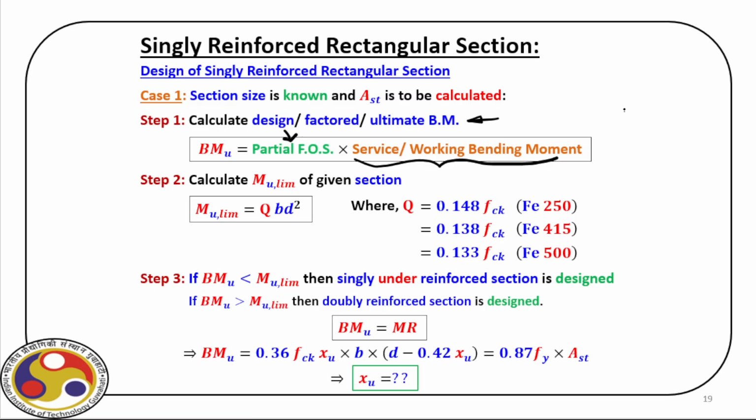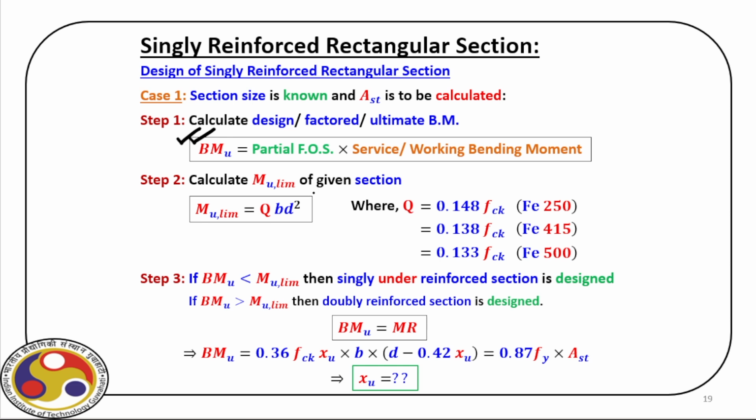Recall, we have different load combinations, dead load plus live load and so on. So we do all these load combinations and then first find out what is the critical value of load that we apply. Because we are talking about now the design against flexure, so we find out what is the design value of bending moment. That is the first step.